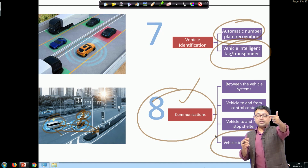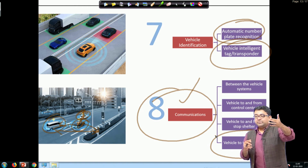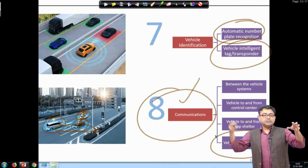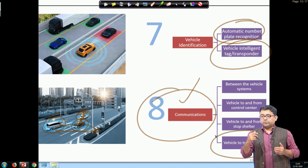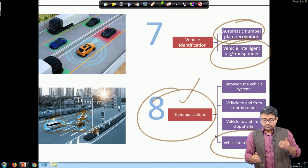So, the next signal's location is maybe 500 meters away. They will arrive at your location, 500 meters away, within 20 seconds. So, you should also turn green before they arrive. So, these coordinated signals are not only detecting these vehicles, but they are talking to each other also, and hence, as a driver, you get green every time you reach every signal. So, your journey delay at these signals is minimized. So, you can coordinate the signals at different locations when there is communication between